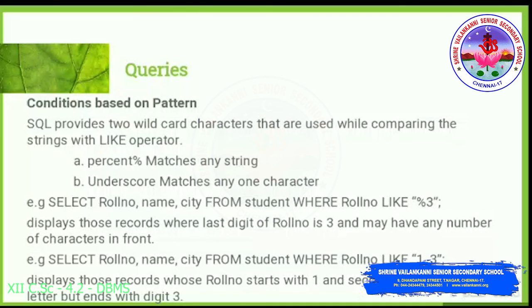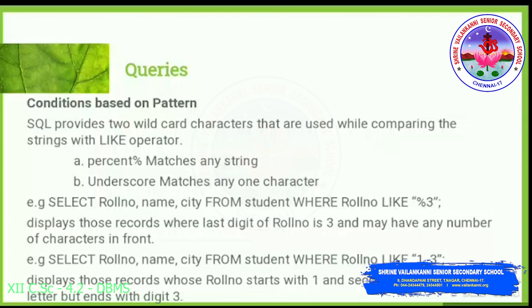Conditions based on pattern. SQL provides two wildcard characters that are used while comparing strings with the like operator. Percentage matches any string, underscore matches any one character. Example, select roll number, name, city from student where roll number like %3. So any number of characters ending with 3.